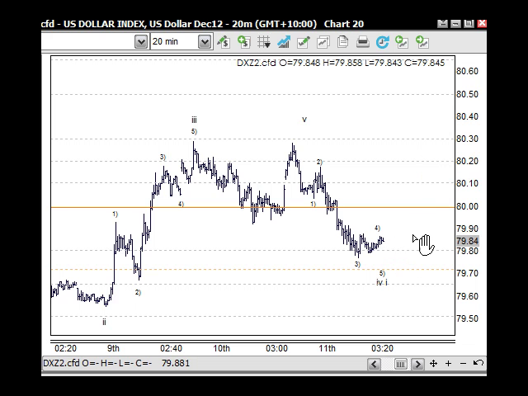So I just don't know. It's going to take about 2 sessions to figure out, because first of all, it's got to complete the 5 waves down here, and either way, once it's completed, it'll either have an A, B, C back up and then fail from that point and move down, or have an impulse wave to the upside. So I don't know. The bias, by looking at the European stock markets and the US markets, is that this will continue to the downside and find the 80 as the resistance. But just letting you know my sort of